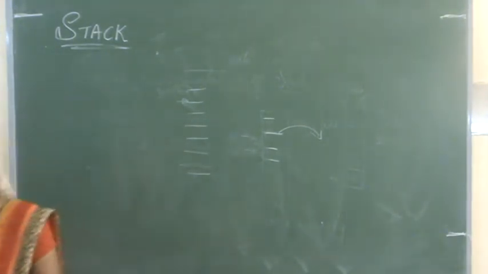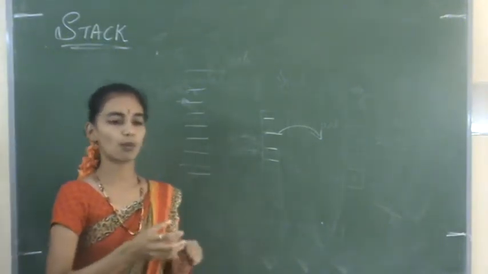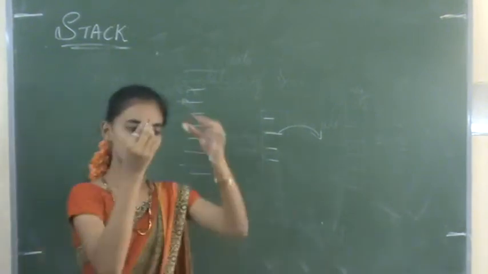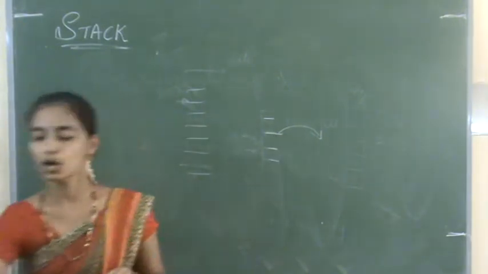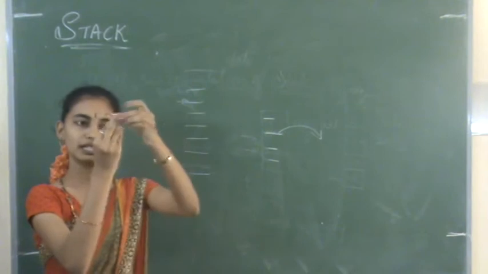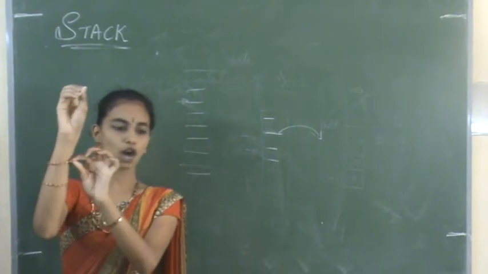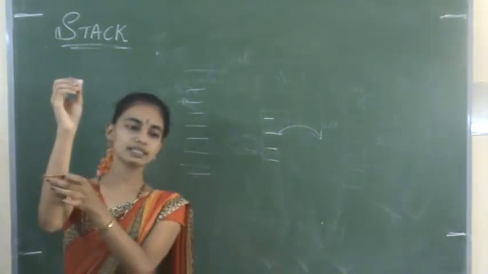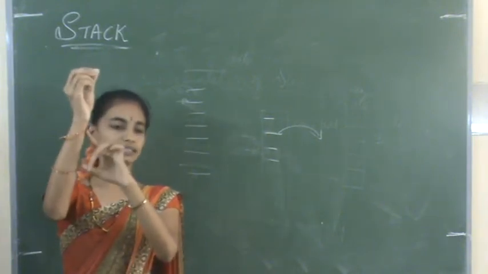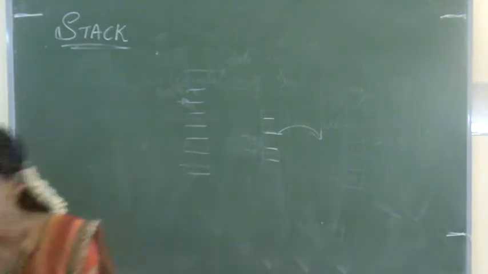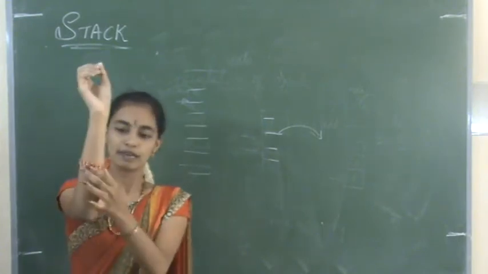So suppose consider this as a stack, okay? So I insert one element into this stack. If I insert one element into the stack, now this becomes the top of the stack. Now I again insert one more element into the stack, right? So if I insert one more element, this becomes the top of the stack. So now the stack contains two elements, right? This is one element and this is another element. Now suppose I inserted two more elements into the stack. Now the stack contains four elements.